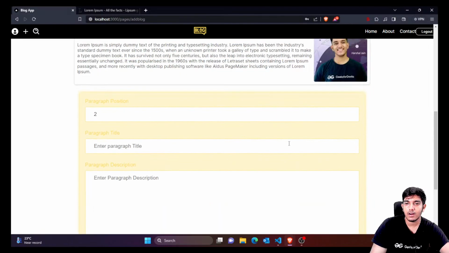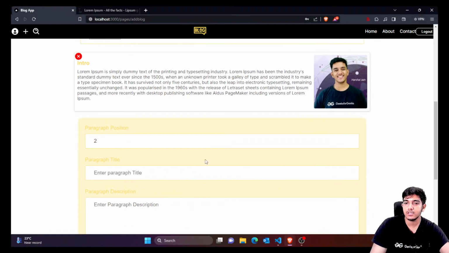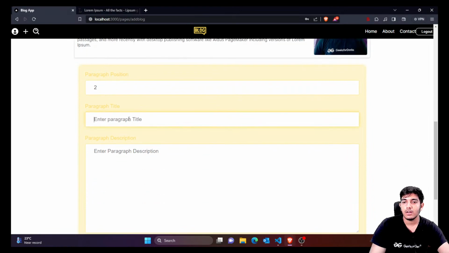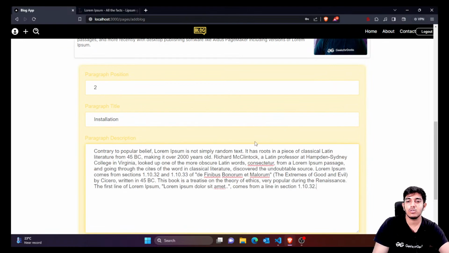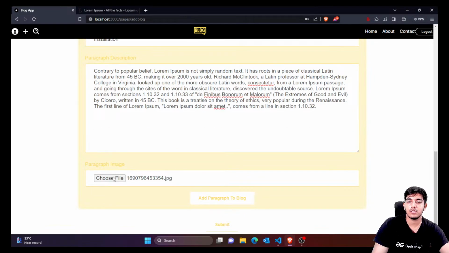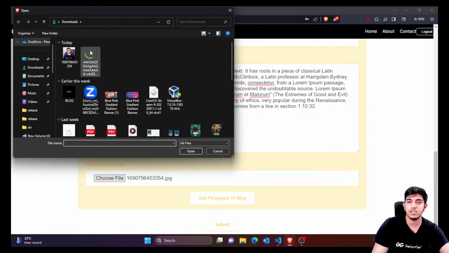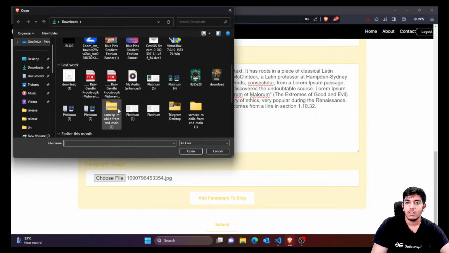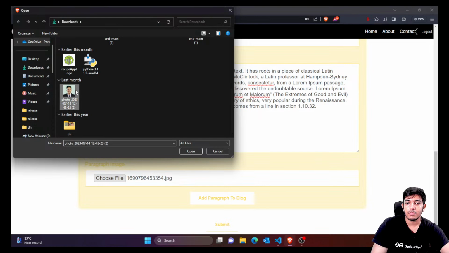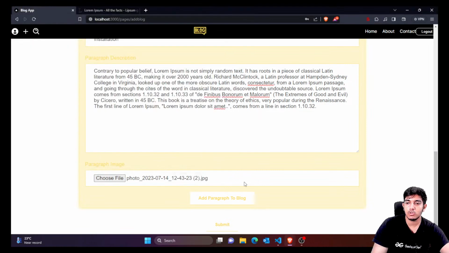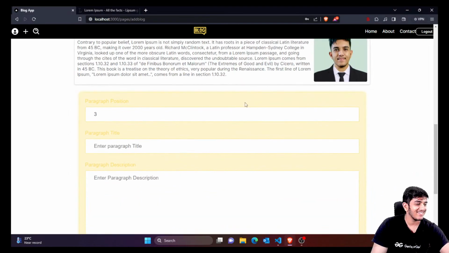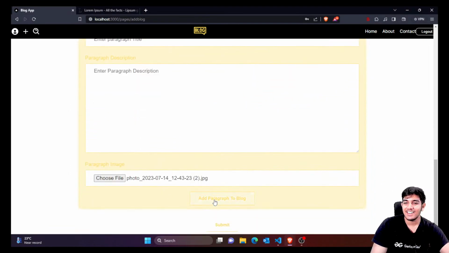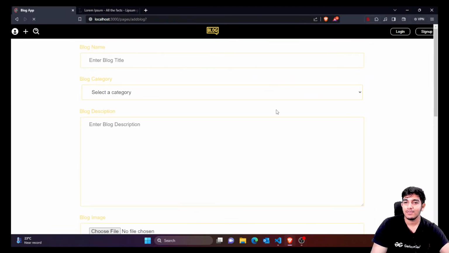Now if I click add paragraph, you can see this paragraph is added like this. Similarly, position is updated. Now I'll just say installation. Then again I'm gonna add some paragraphs with some other image. Let's pick some other image, I'll pick my other image. I look smart in every image, by the way, you can see. Right. So now if I click on submit,